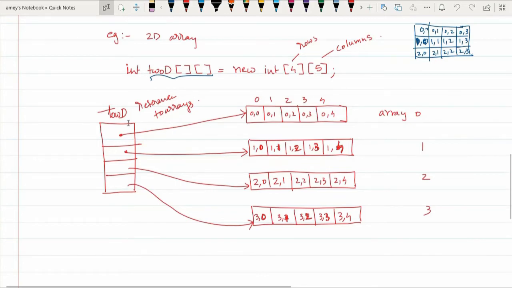Now since we have the concept of array of arrays, since the references of the starting location of each of these arrays are stored in an array like this, this kind of storage will not have any problem with the programs that you write. So virtually, although these arrays occur at different positions, since they are linked using this array of arrays concept, virtually you can still see the structure like this only. So you will have no problem in accessing 2D arrays, and no problem in performing operations on 2D arrays. The operations externally will look exactly the same as how you perform them in C++ or C.